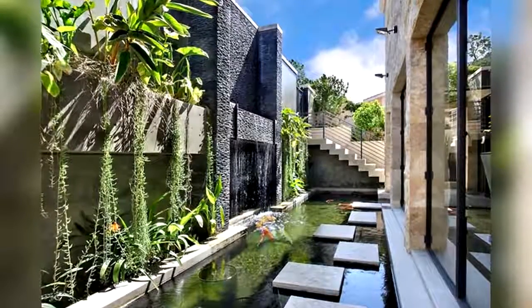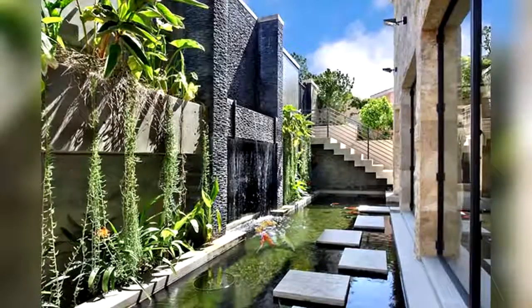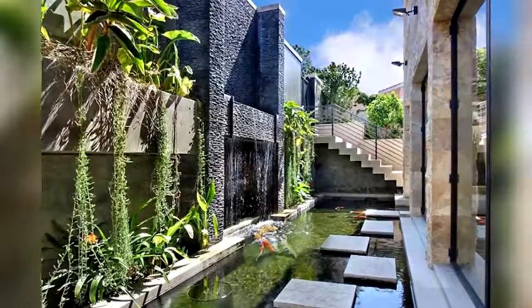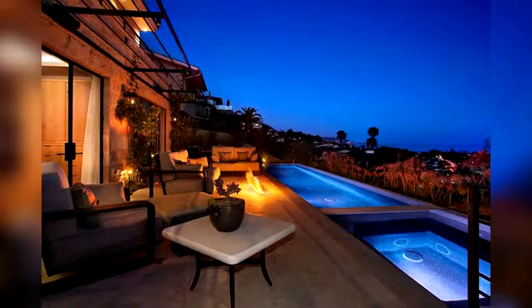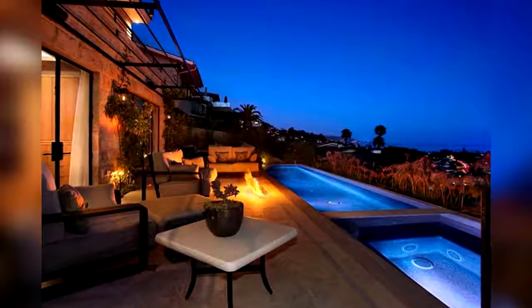2 family rooms, one next to the kitchen with fireplace and dining with ocean views, and an informal family room enjoyed close to the bedroom areas. Large entertaining decks off of the living areas with infinity pool and spa. Temperature controlled wine cellar with approximately 1,500 bottle capacity, and the garage capable of housing 7 cars plus extra off-street